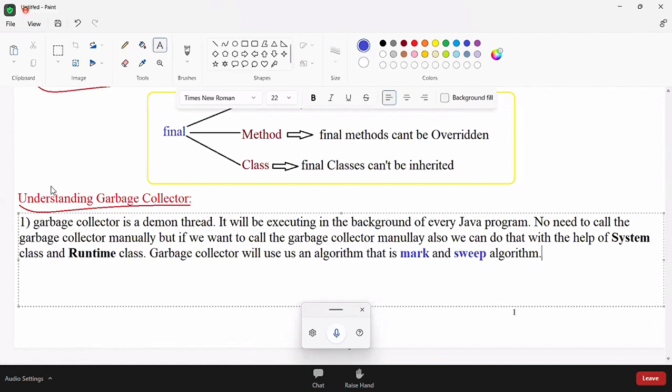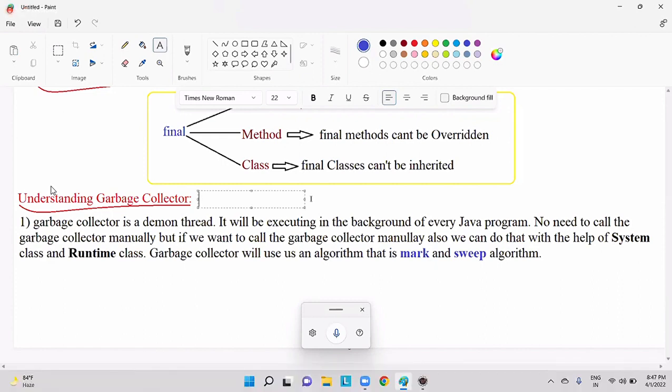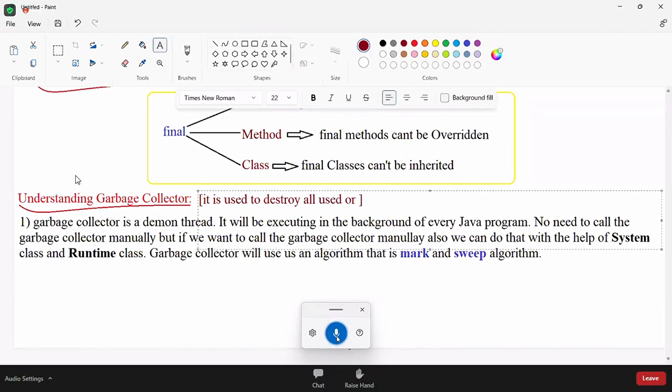As simple as this. Now, guys, what is the use of garbage collector? We have already covered that. It is used to destroy all unused or unreferenced objects from the heap memory.